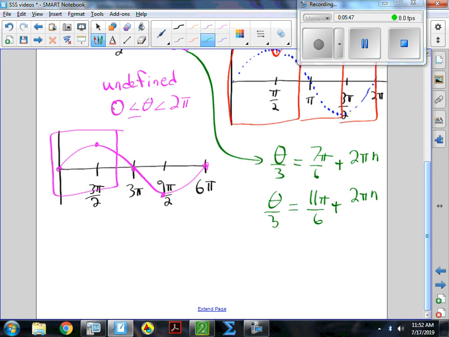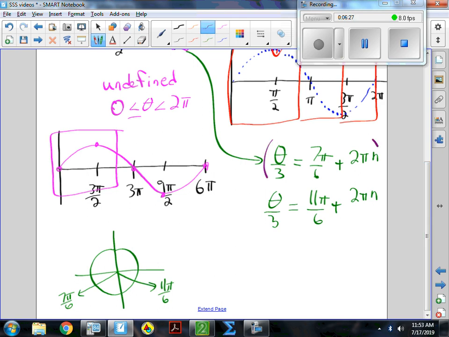So those are the values on the unit circle where sine is equal to negative 1/2. You have a pi over 6 in quadrant 3 and a pi over 6 in quadrant 4. Whenever we're solving a multiple angle problem, which means that there is a scalar multiple in front of theta, in this case we're doing 1/3 times theta, whenever there's that horizontal stretch or shrink, and this is a horizontal stretch, we need to set up the general solution. So to solve that, I multiply everything by 3,